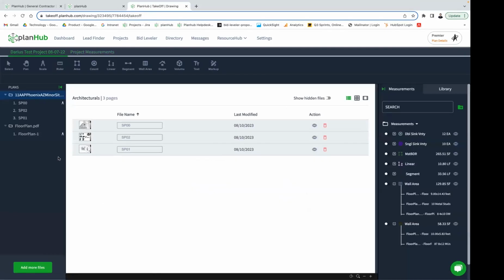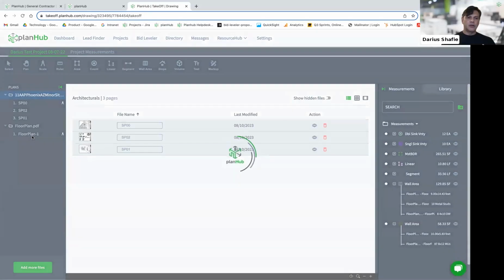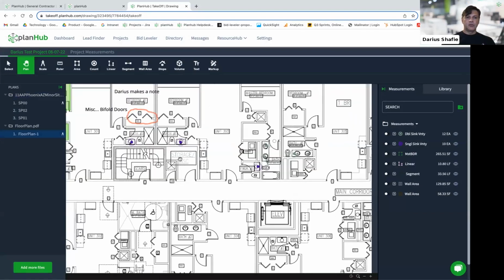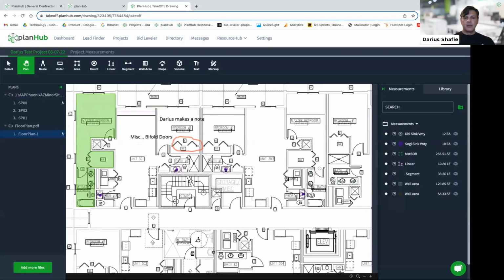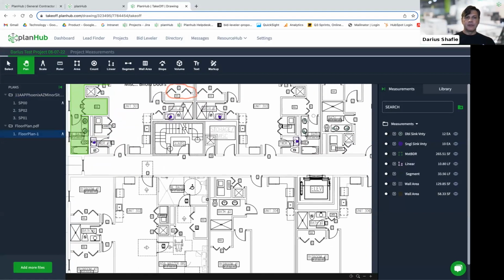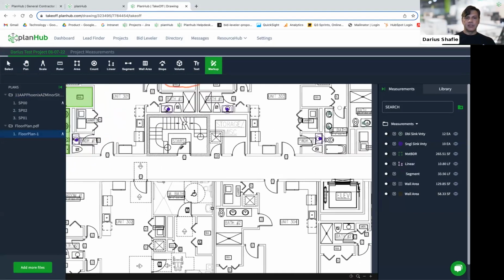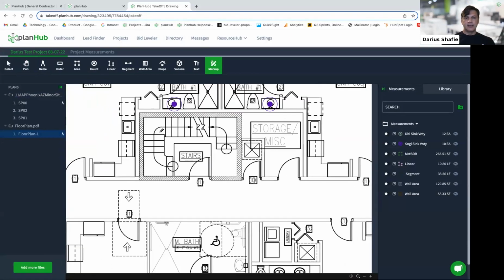Darius, what does a markup tool do? I've had a few questions. The markup tool, essentially what you can do is, let's say, for example, you want to bring somebody's attention to something because there's some details there, right? Let's say, for example, the poche on this wall, I believe, represents concrete, but it could actually be asking for cinder block, right? CMU. So by using that markup tool and drawing around it, I can tell somebody that,